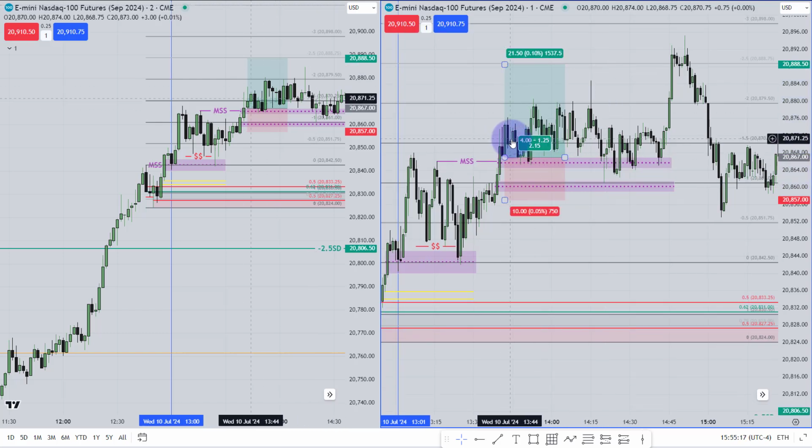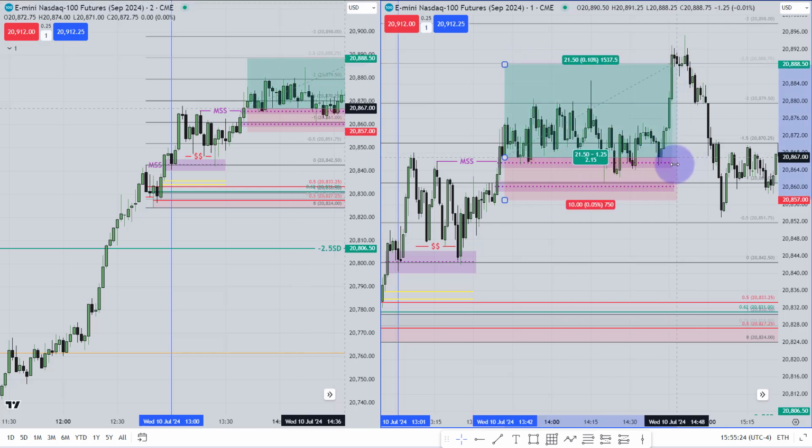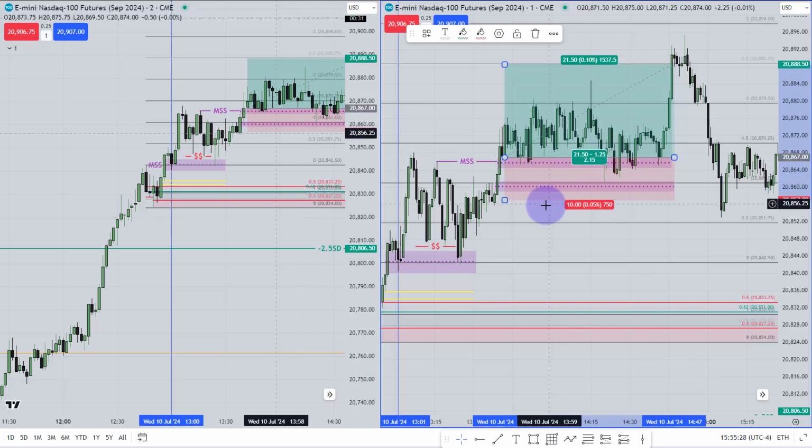As minus 1.5 has been violated, you should believe that the market is reaching at least until minus 2.5 standard deviation. It takes too long, but finally it has reached over there. Risk to reward ratio is 1:2.